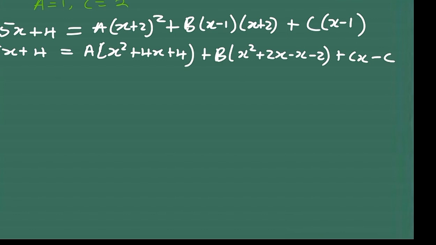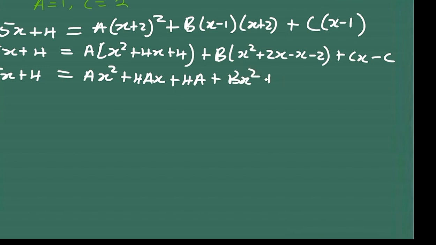So here we have 5x plus 4 equals ax squared plus 4ax plus 4a. Here we have bx squared plus